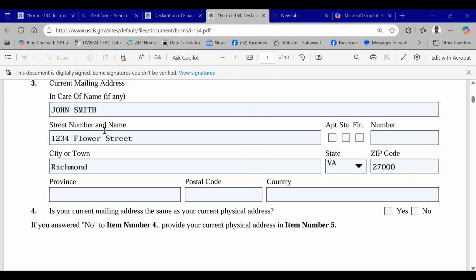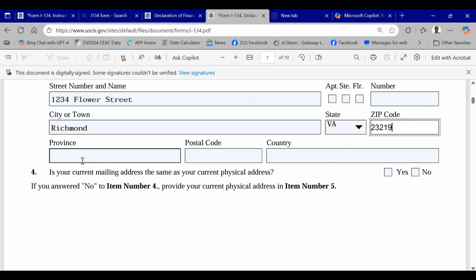Okay, I got it. If it's Richmond, let's go back. I was almost right. Then we can use that. Province, you can leave that. We don't have provinces here in the US. And you can leave also this postal code, you don't need to write. And then this one is important. You can write US